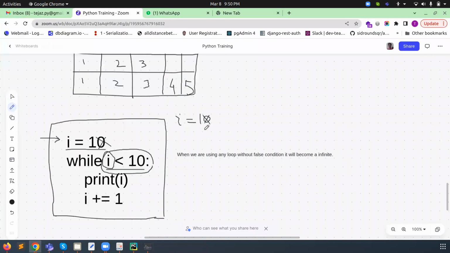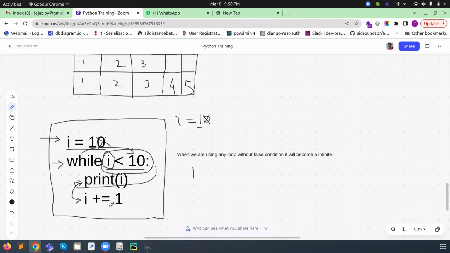Okay. So when the control is executed from here, the value 1 will be assigned to the variable I. After that the control will come here. Then it will check: I means 1, and 1 is less than 10. It's true. Then the control will come automatically to this line. Then it will print; printing means 1 will come here. After that it will come here.